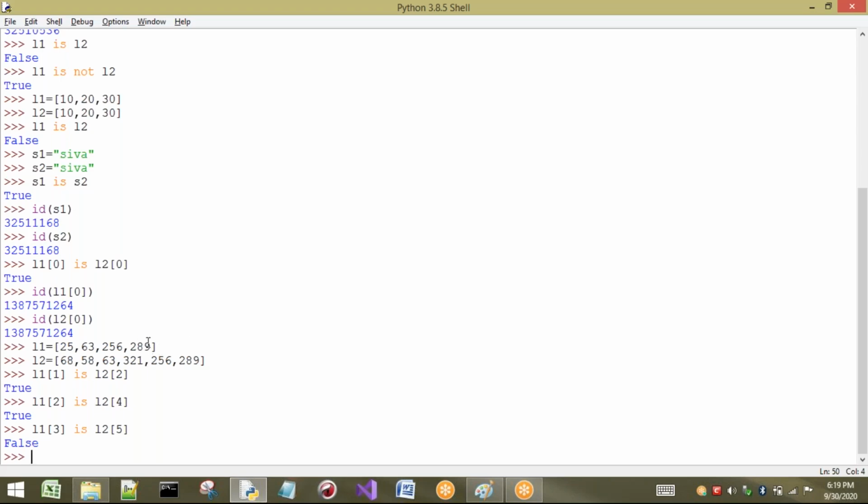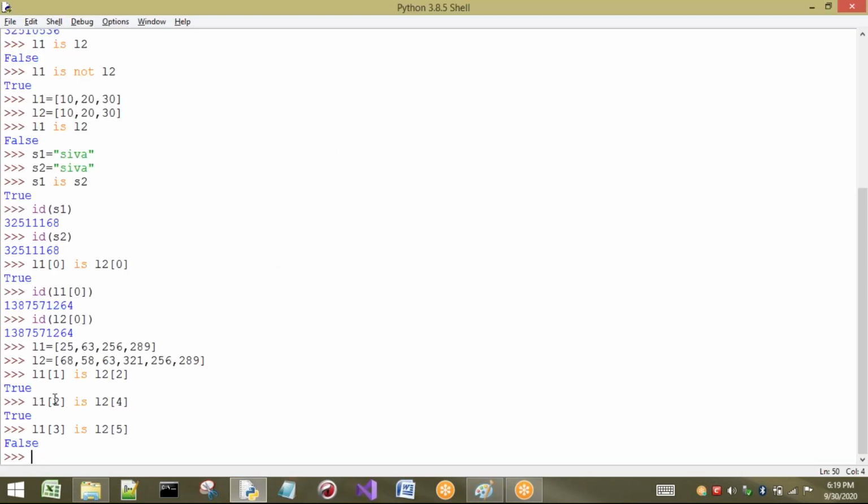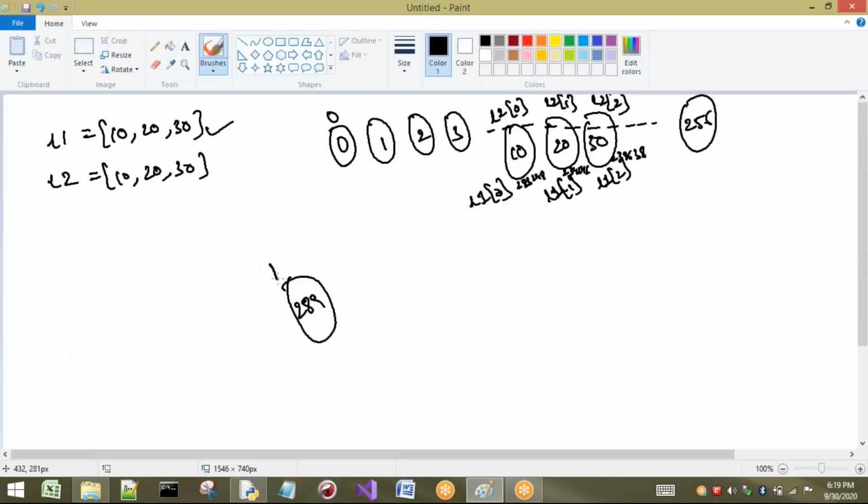So the value is what? 289. If you are going to create an object which is 289, then what happens? First it is going to create 289, and first it is what? L1 of 3. So L1 of 3 is going to be pointed, and some address is going to be given for this one. Next what happens? 289 in the second list also we are going to have. Then here there is no concept of reusability.